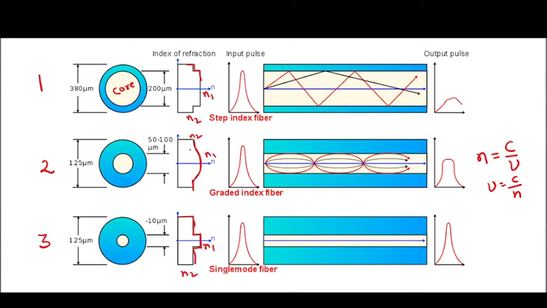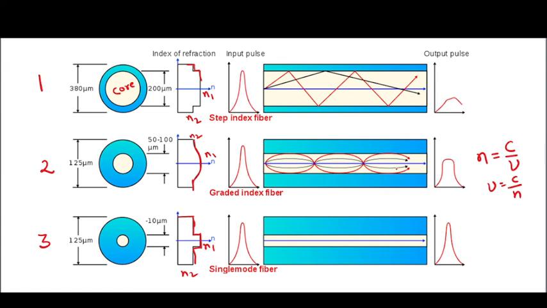Whereas the refractive index is less, quite close to the clad, and therefore whatever light is passing quite close to the clad, its velocity will be more, so that all the light pulses reach a certain point. After some time they will reach a point, and then again it will get distributed, and so on, so that all the signals will reach at one point. And therefore the pulse that we are sending retains the shape to a quite good extent.